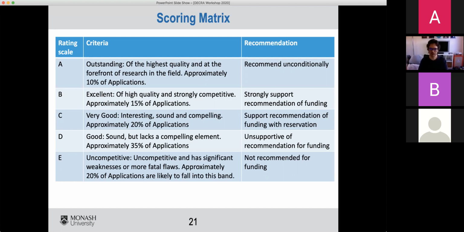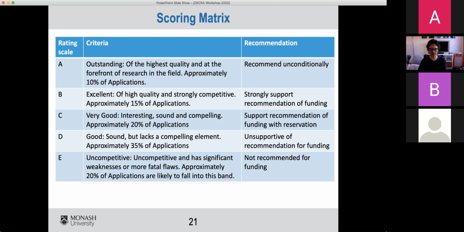But that's only the case if you tend to have experienced assessors who are familiar with the score, who are really familiar with the scoring matrix and really know that they want these things to match up. Other assessors might be scoring everything consistently in A, but they just won't use the word outstanding. They'll just say why it's great without using outstanding. So sometimes you can guess, sometimes you can't, and you never know.